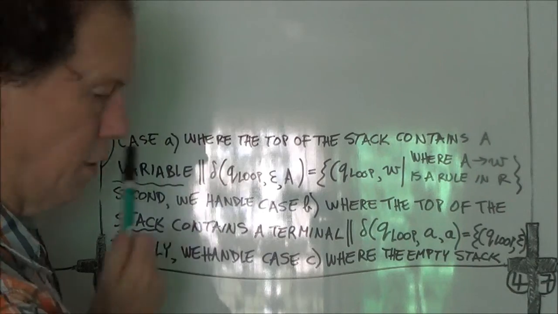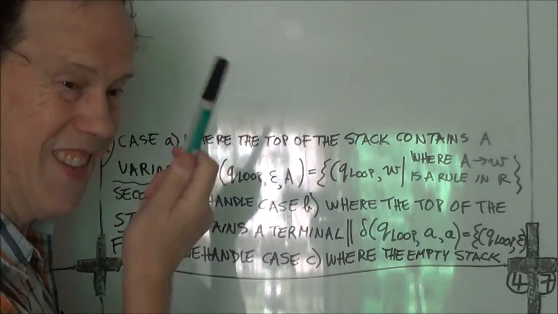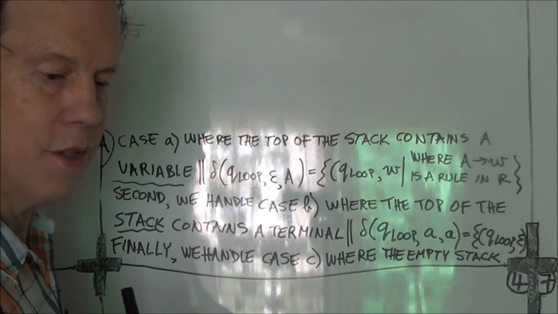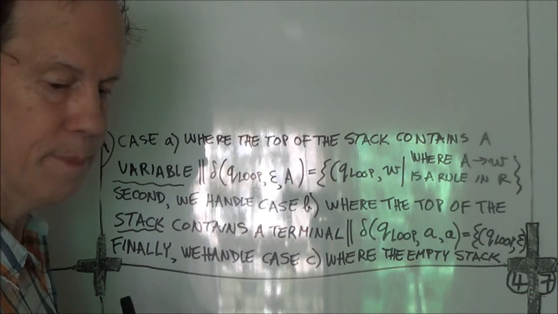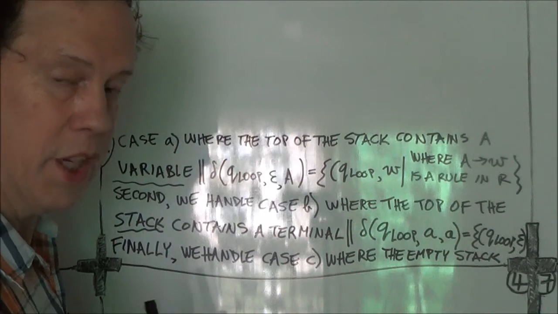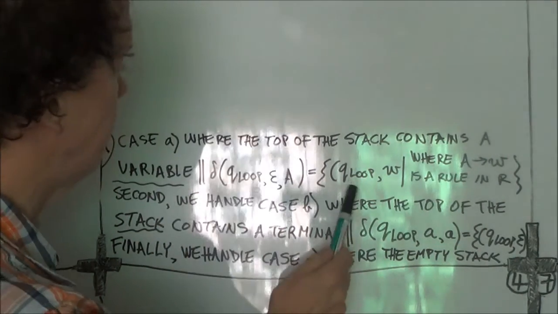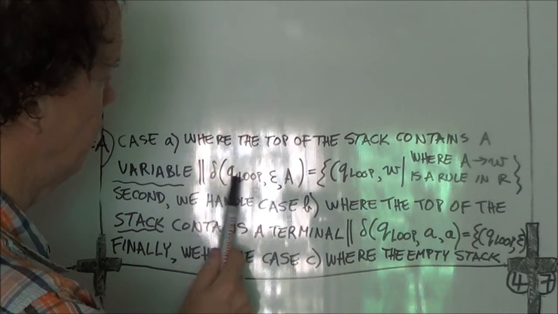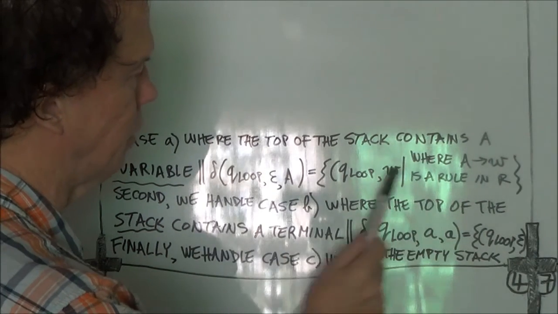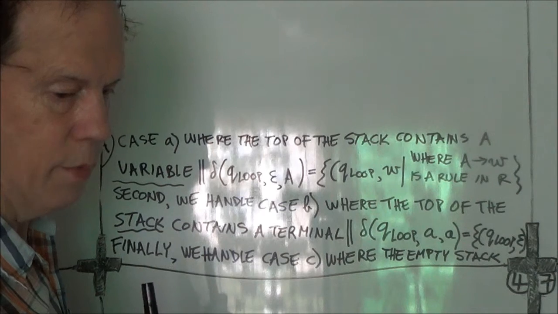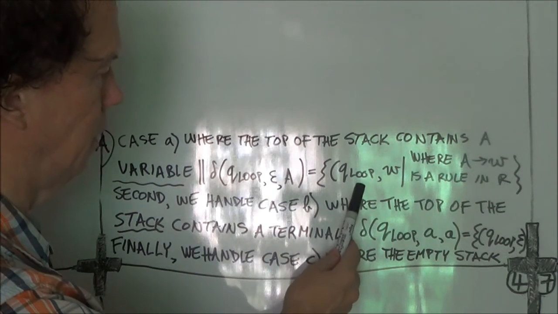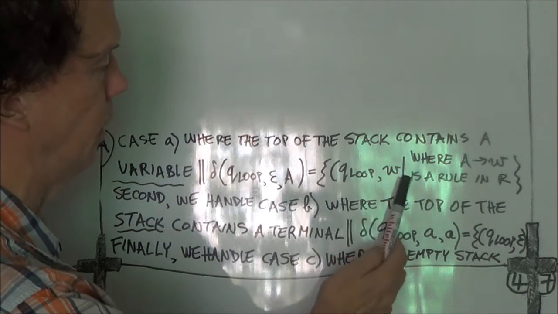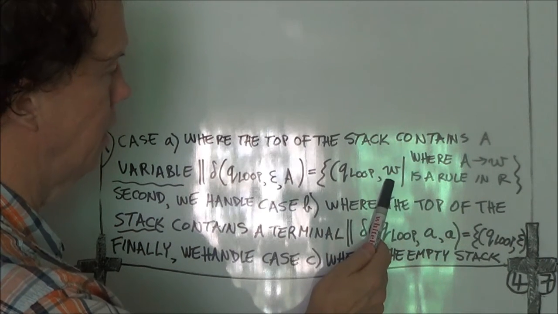Now this is delta. It's a transition function from one state to another. Transition functions are for PDAs. Okay. So you stay in this. And these two. So this transition function delivers a set of ordered pairs, and these ordered pairs are what? The next state. Well, actually, you stay in the same state, so you stay in Q loop. Comma, and the second